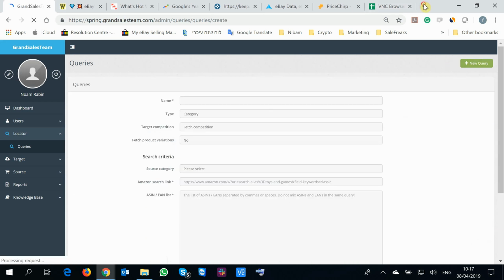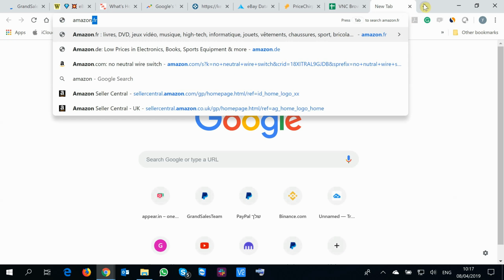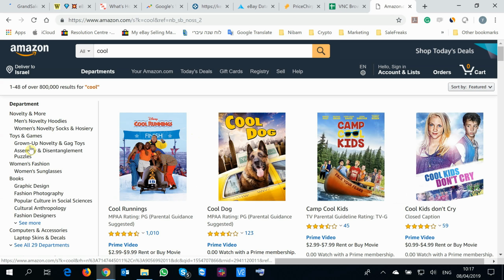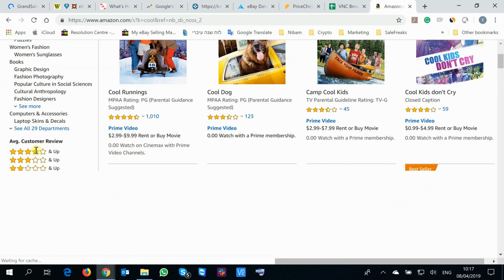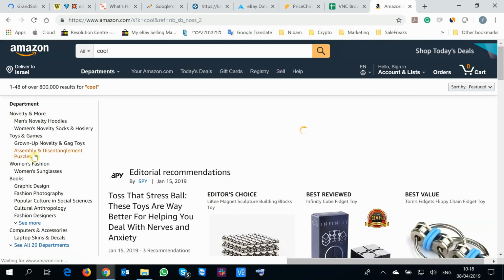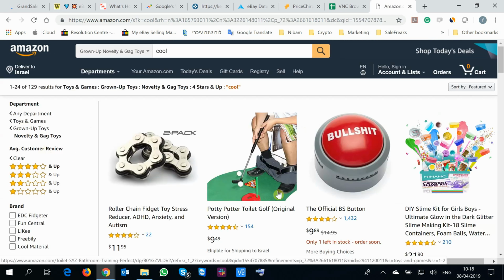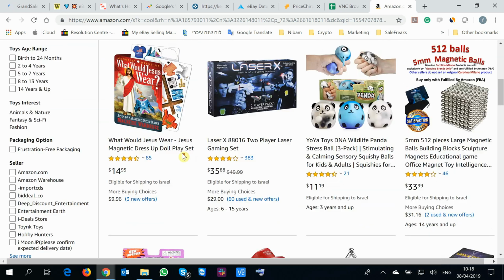Let's do another example. Let's say I'm going into Amazon.com. Now on Amazon.com I can do a search here. For example, let's say cool. I want to search for something cool. And here I can search, let's say maybe I want only items with 4 stars and above. I want grown-ups and gang. So I have here like 129 results. I can even narrow it